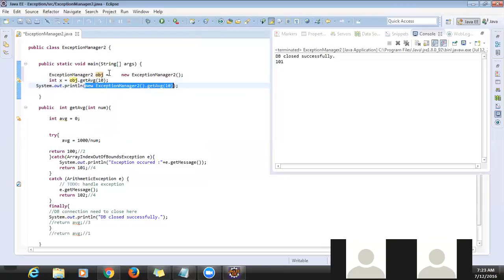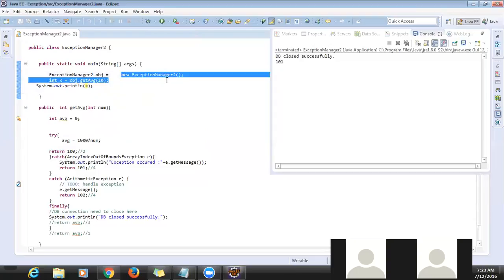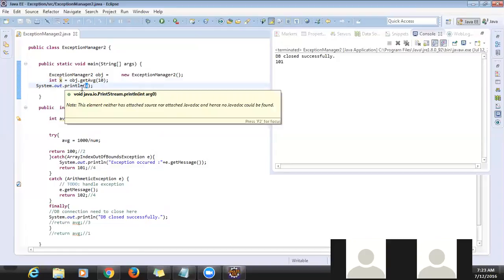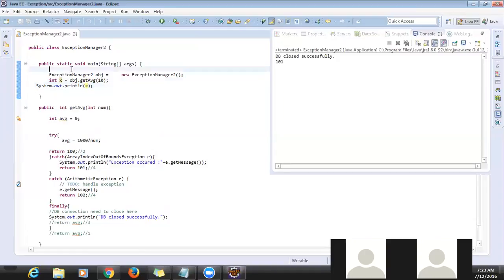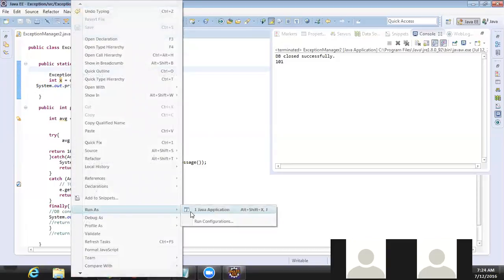These two steps I have written in a single line, both are equal. Here if I write directly new ExceptionManager dot getAverage and directly print the value, I'm not saving x anywhere, just printing, both are equal. So if you run it, you will get